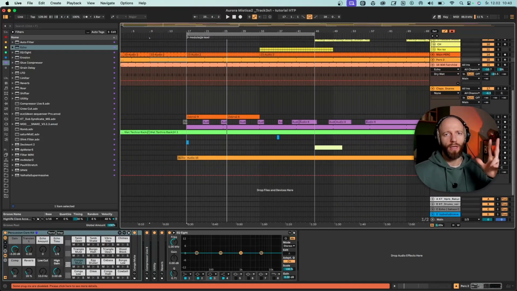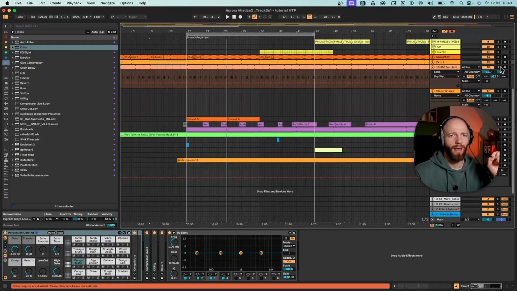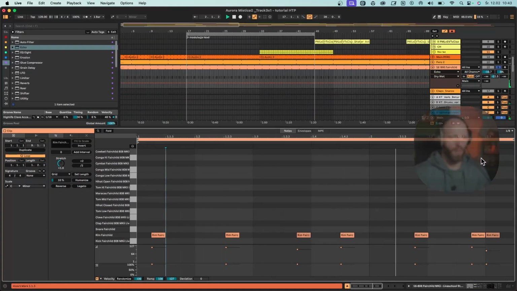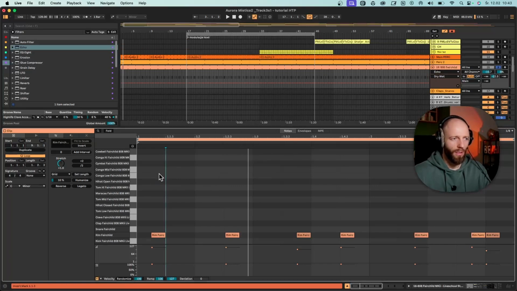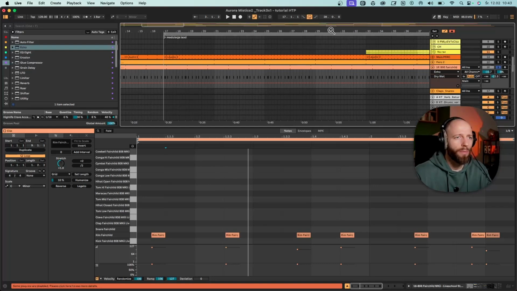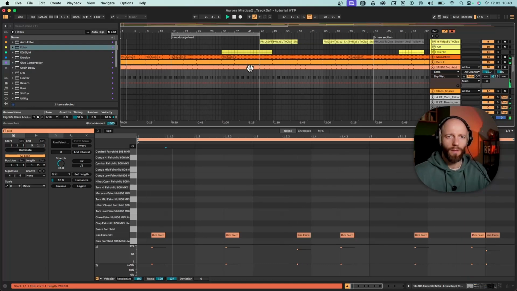Then the third technique would be to add polymetric beats, and you've seen me copying irregular automation, which adds a bit of polymetric vibe. But then you see I have this percussive groove, and I'm looping it. Let's call it 8. So it's 13, 1, 2, 3, 4, 5, 6, 7, 8, 9, 10, 11, 12, 13 over 8. So you see we got this beat being looped very irregularly, and this creates this irregular